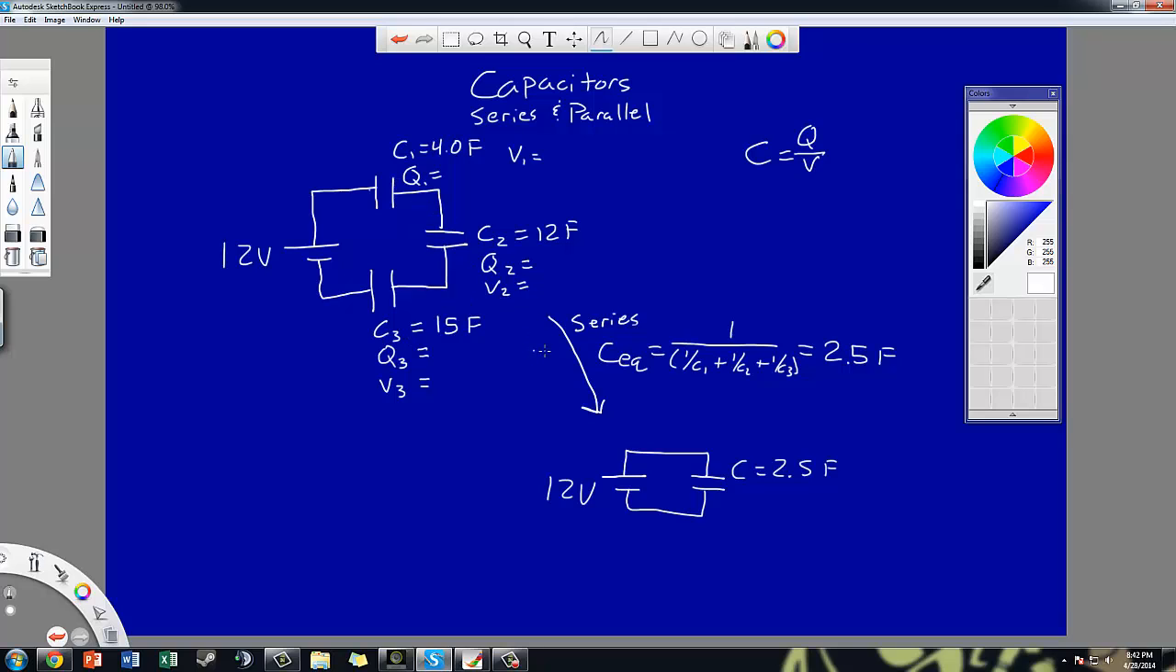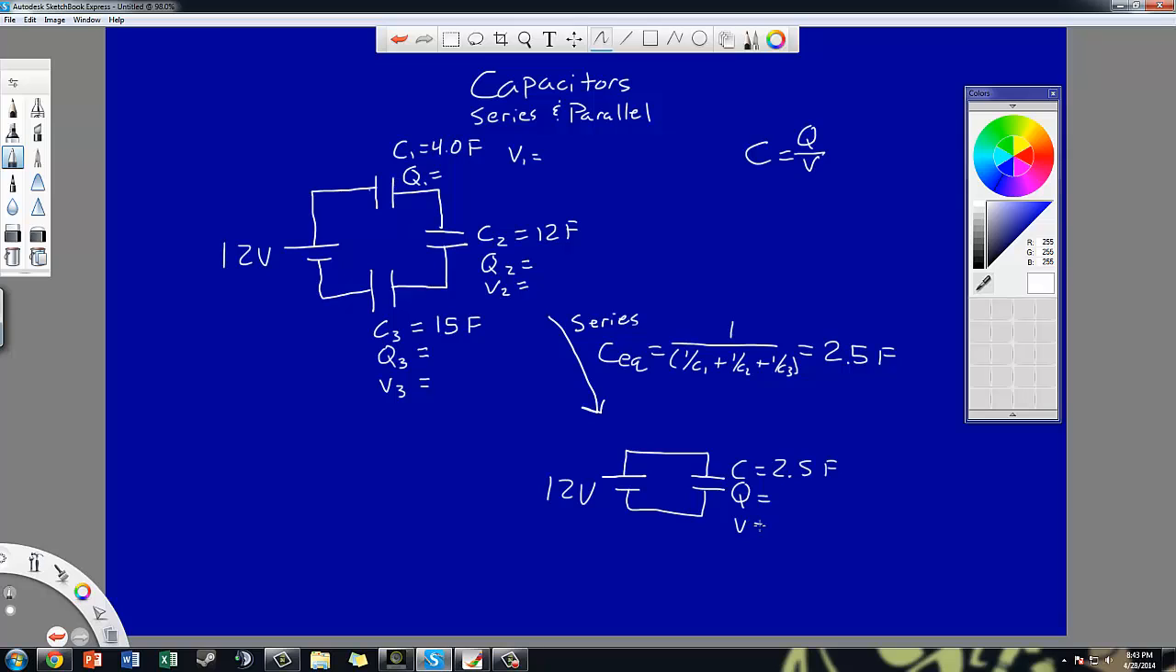So my capacitance down here is 2.5 farads, and what that means is that if I removed all three of these capacitors, I could replace them with one 2.5 farad capacitor, and functionally it would be a very similar circuit. Now, why did I do that? Well, now we go back to the equation that says C equals Q over V. Now I have one C value, I have one voltage,